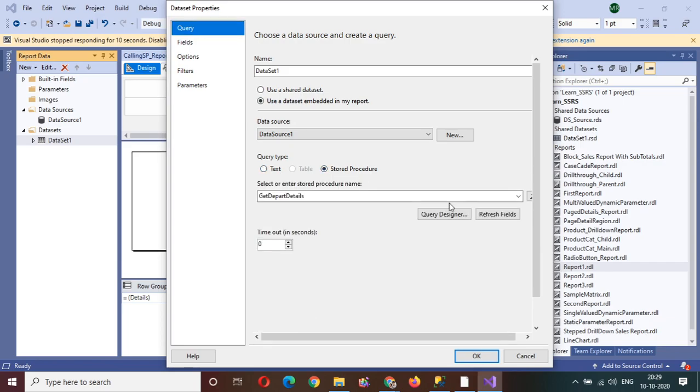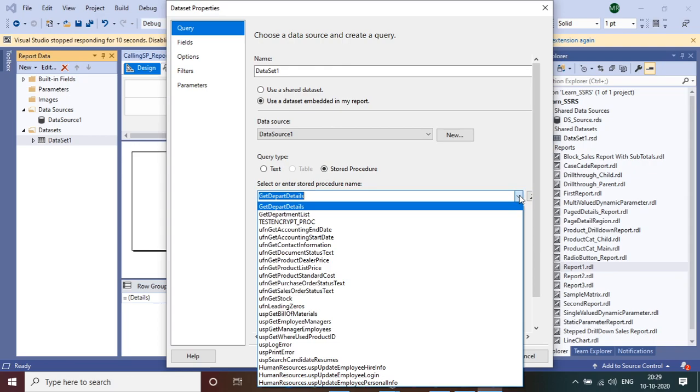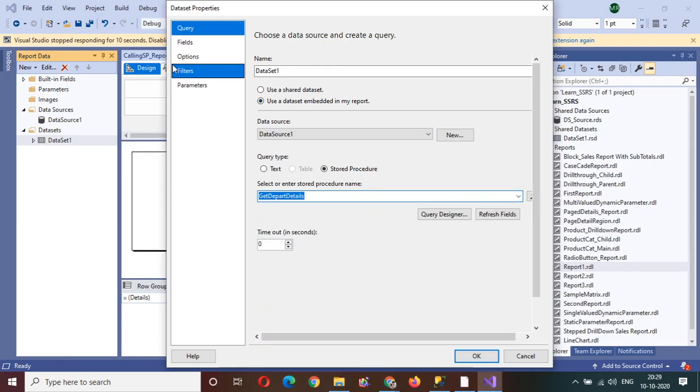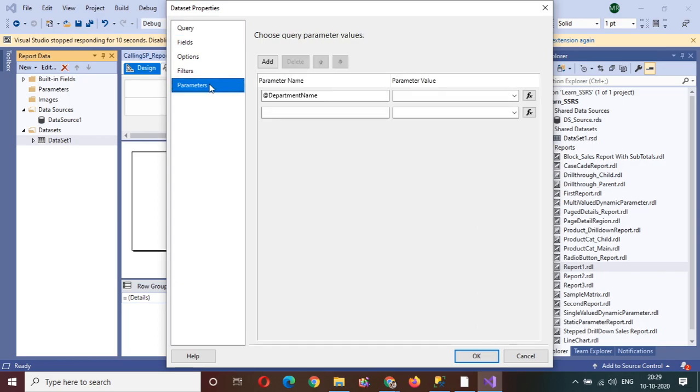This should come automatically, or you can just click on Refresh Fields. It will refresh your stored procedure if you have made any changes.